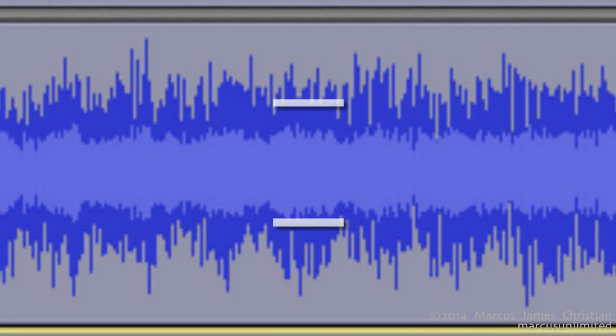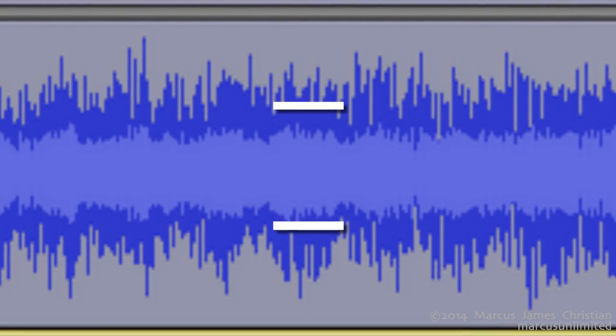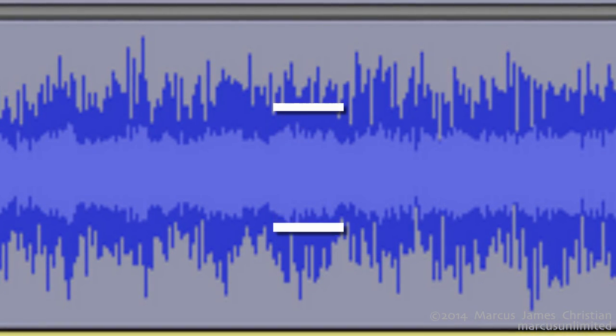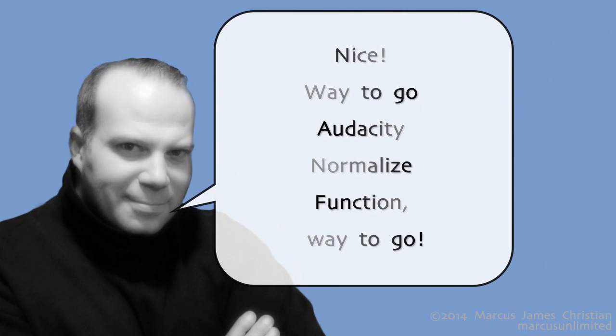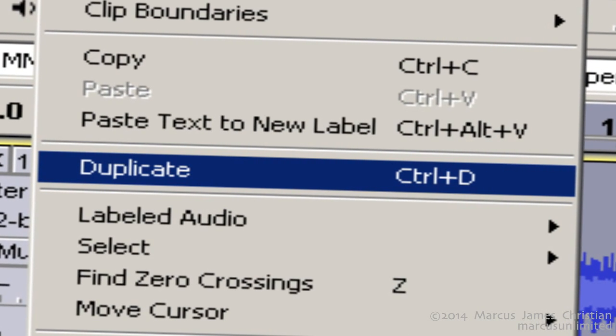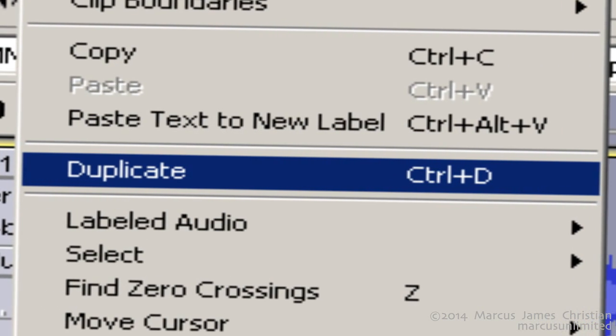As you can hear, normalize has evened out the snippet while also heating up our overall signal volume a good measure without adding any additional distortion. Nice! Way to go, Audacity normalize function. Way to go. Often, I might recommend duplicating the original track, but normalize is often a pretty safe effect to